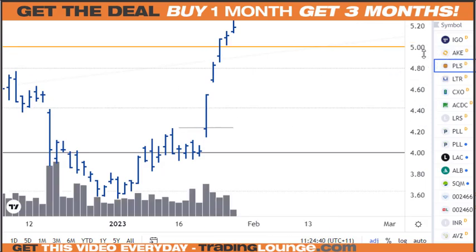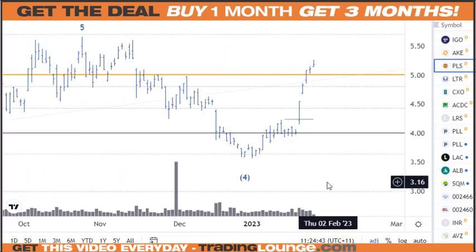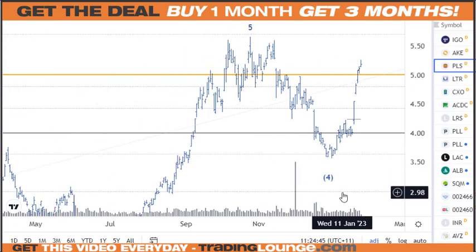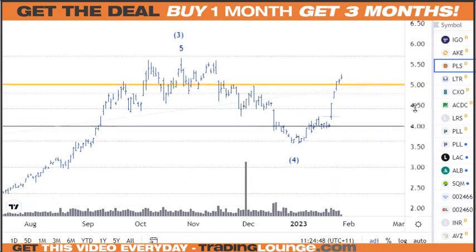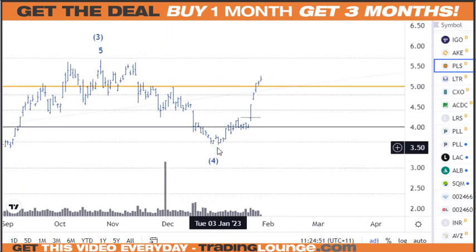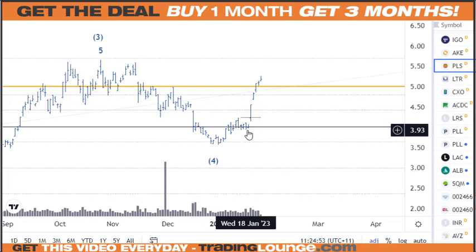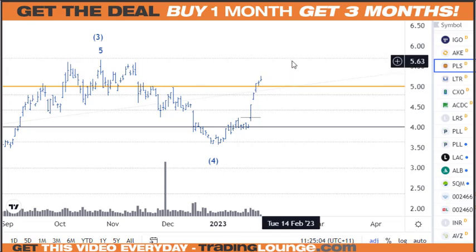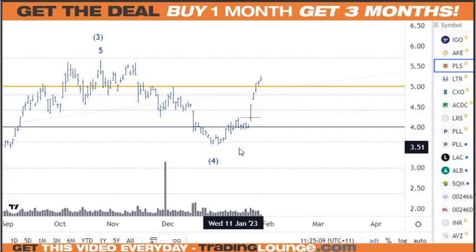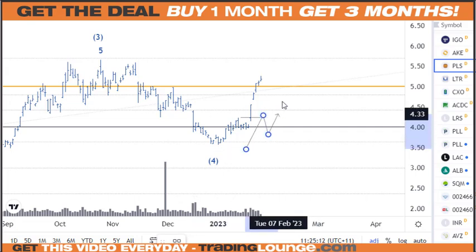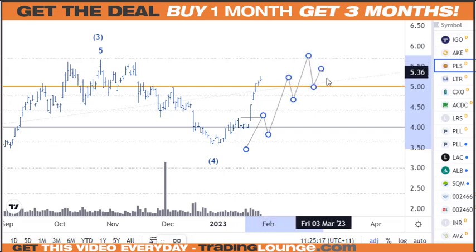So the other one here is Pilbara Mines. Once again, we're looking at this being a correction back here. So we're looking at this being little 5 waves up here. It was kind of nice, so 1 and 2, and then we're seeing a strong third wave come into play. Once again, this is the beginning here. This is the middle. There will be the end here of wave 4, and then wave 5 is the end. So we'll end up seeing here as well 1 and 2 in here, and then wave 3 here, and wave 4, and then wave 5, and then an A wave, a B wave, and a C wave here,